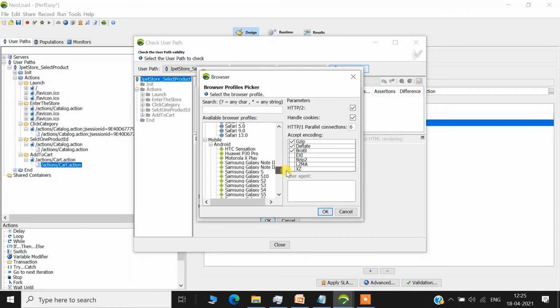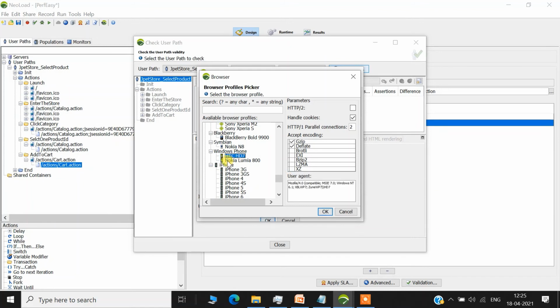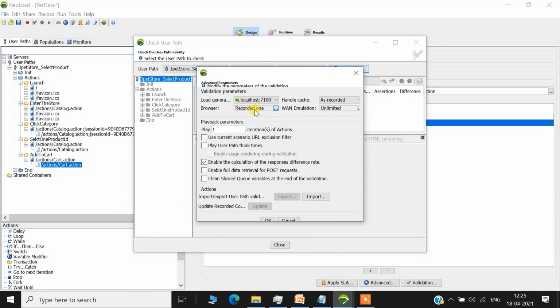Then mobile browsers like Android, Samsung, Sony, BlackBerry Bold, Symbian, Nokia N8, HTC, iPhone browsers, and tablets are also available, iPad, iOS is also available. So different browsers are available. Right now we are going to keep the recorded one.